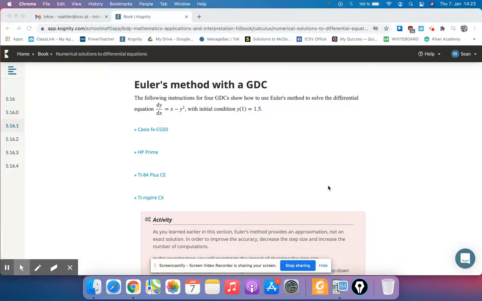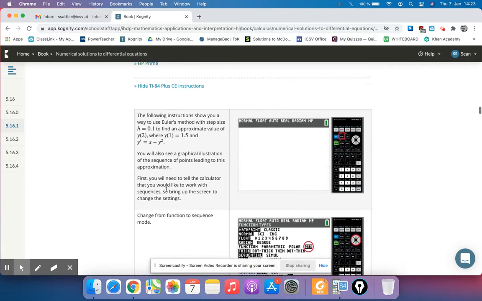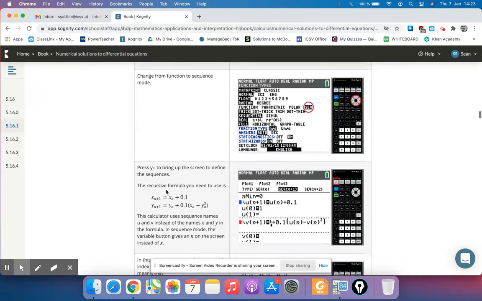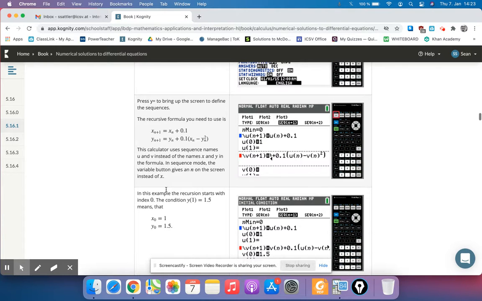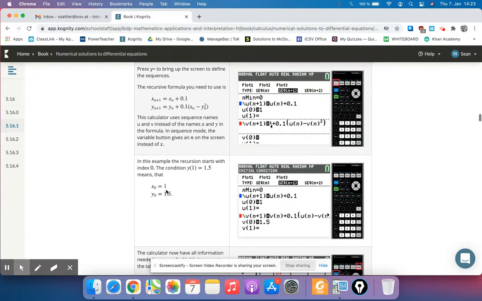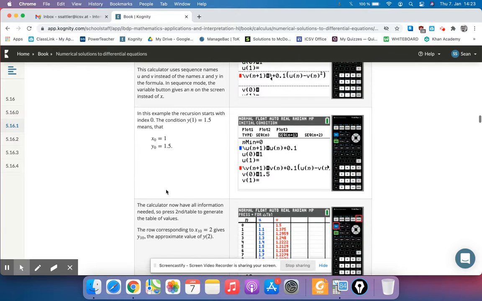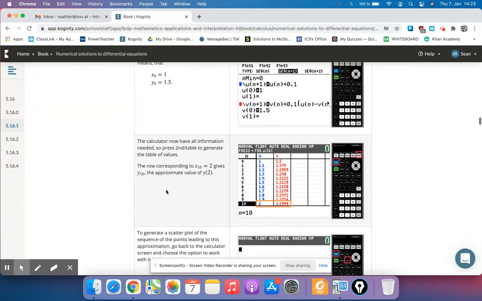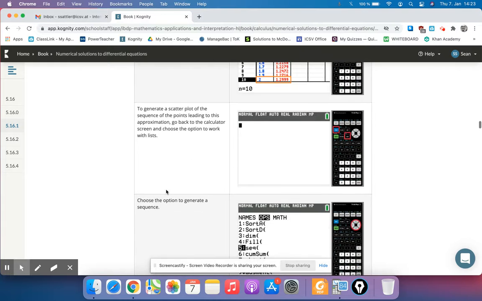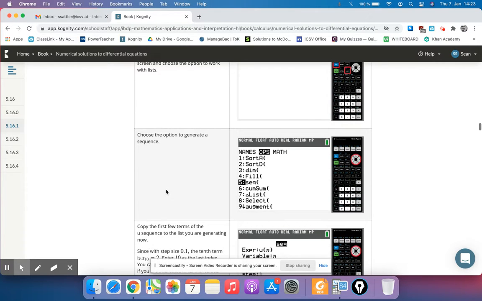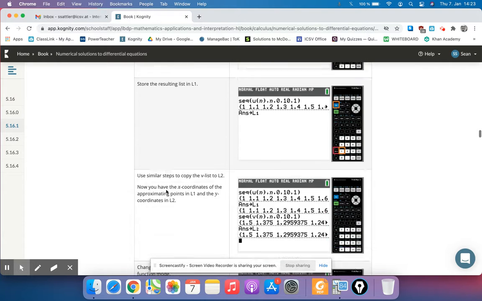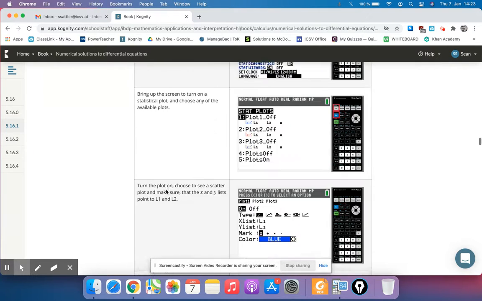So in this video, I want to go through Euler's method on the TI-84. This is the example they do in Cognity. If we click on TI-84 Plus and just follow these instructions, which I'm going to show you how to do with a different example, just so you can see it again in action. It's a little bit complicated, but once you get the hang of it, if you do enough of them, it's pretty easy. And then they also show you how to graph the solution curve, which is even more complicated